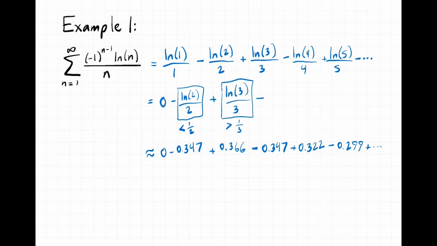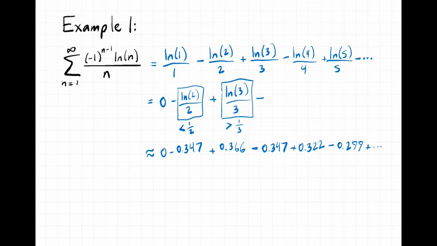It looks like the terms, after the first few that seem to go up and then down again, start to decrease, it seems. Are they going to keep decreasing? We're not really sure. Are they going to approach 0? Also not really sure. It's really hard to tell from this whether this series converges or diverges, but it clearly